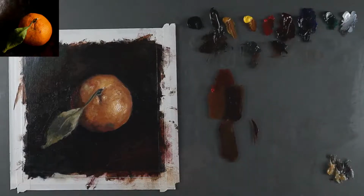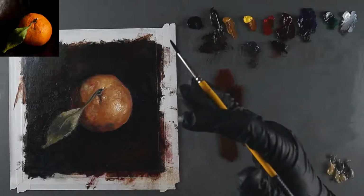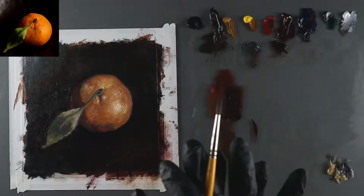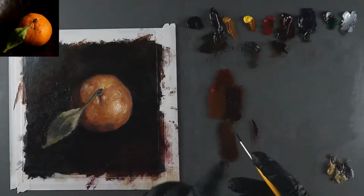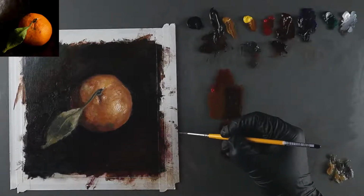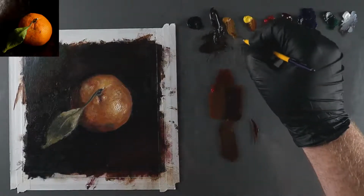Starting with that background though, the furthest away. The reason is it allows you to layer things. So if you do the whole background, then you want to layer stuff on top of it, that's easier than if you do the foreground and then you try to paint the background around your foreground. That doesn't really work that well. You have to do a lot of really careful painting around your objects or mask the objects off or whatever. It's a pain. Instead, background to foreground. All right, so now we're going to get into...